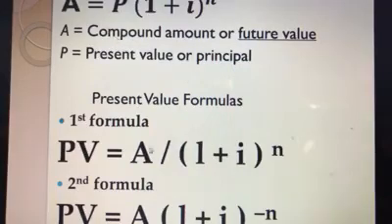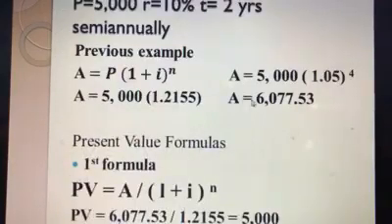And another formula which was derived also from this formula is that A will be multiplied by 1 plus I raised to negative N. So if you will be using the second formula, take note that N will be a negative. So let us have again the same example, 5,000, 10%, and 2 years, compounded semi-annually. If you are asked to compute for the future value or maturity value, you will arrive at